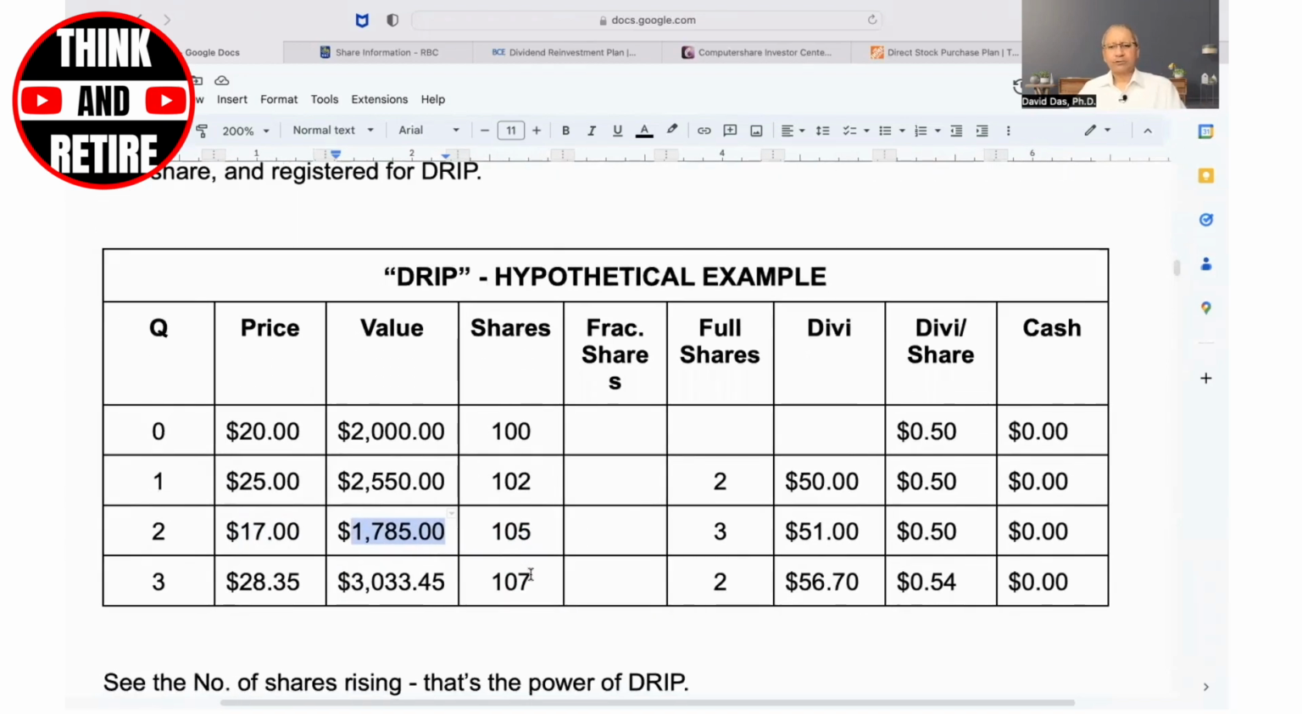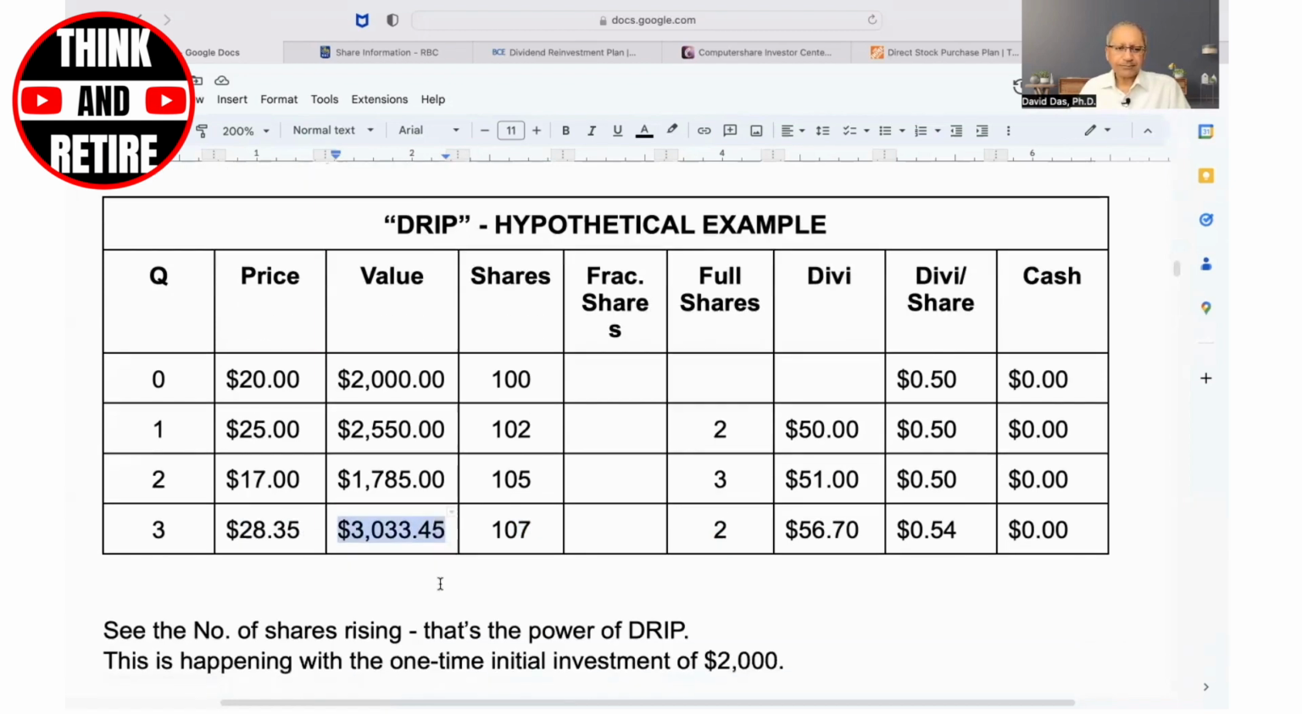Now moving on to quarter 3, the company has increased the dividend to 54 cents a share. So with 105 shares at the end of quarter 2, 105 times 0.54, the amount of cash dividend will be $56.70. And the price of the share has increased to $28.35. So the investor will get 2 additional shares. So at the end of quarter 3, the investor will have a total of 107 shares, which is 105 plus 2. And the value of the portfolio will be 107 times 28.35, which is